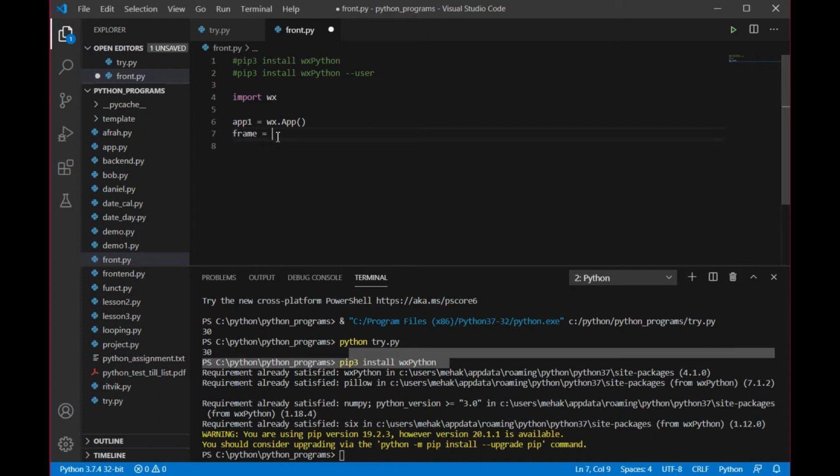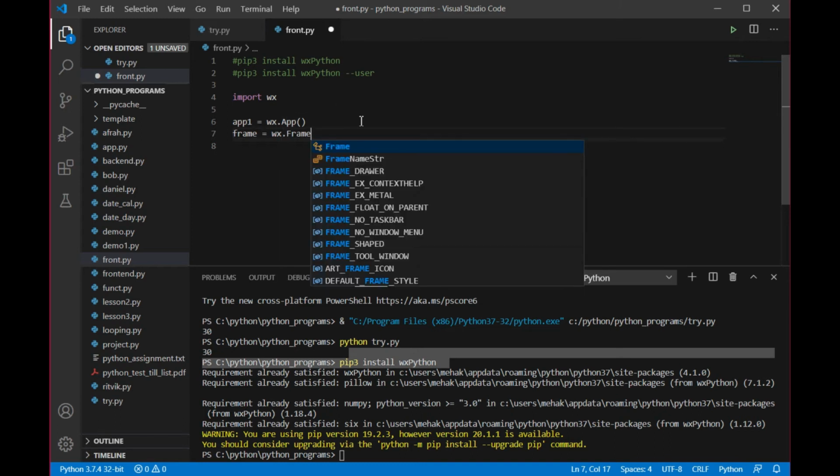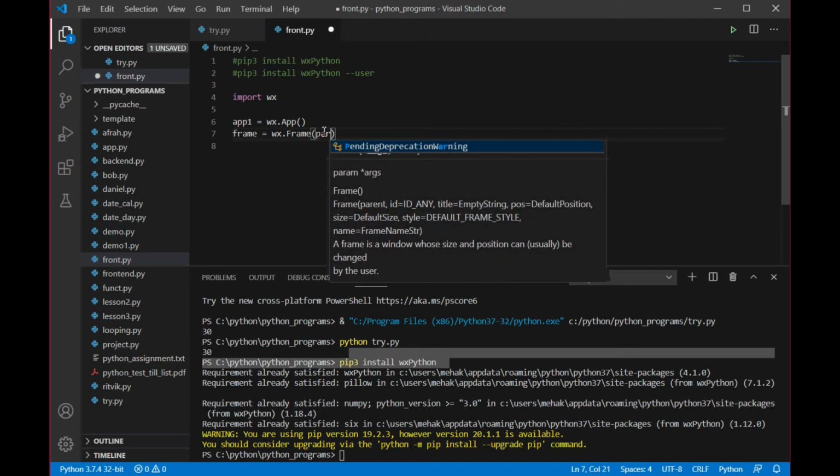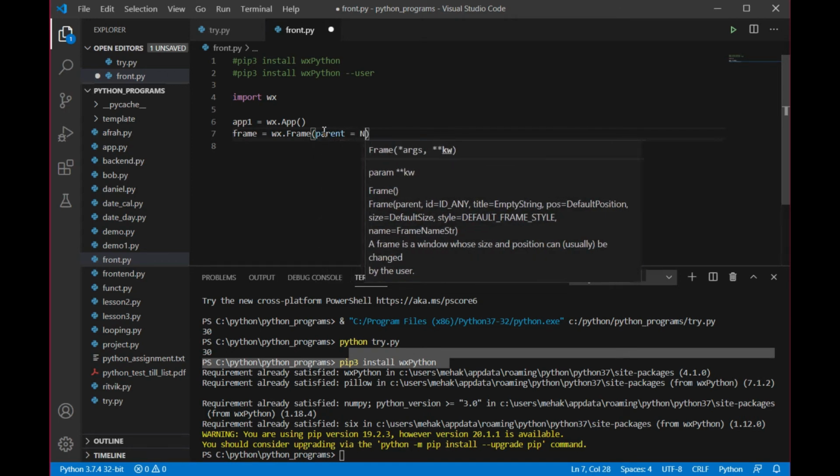So inside that app, I'm going to use a function of wx, that is Frame. If you want to use a function of a library, you need to write that library first. That is wx dot that specific function which you are going to import, right? So inside that frame, I'm going to give parent equals None. Now what is this parent?